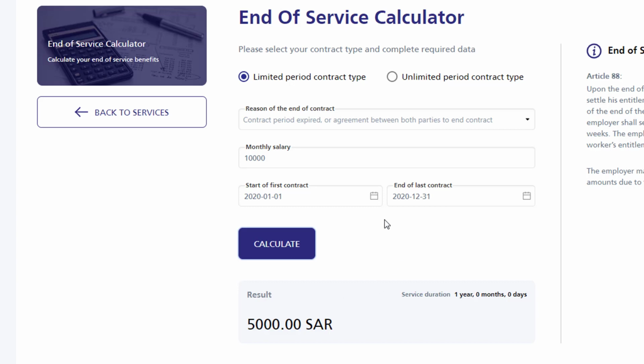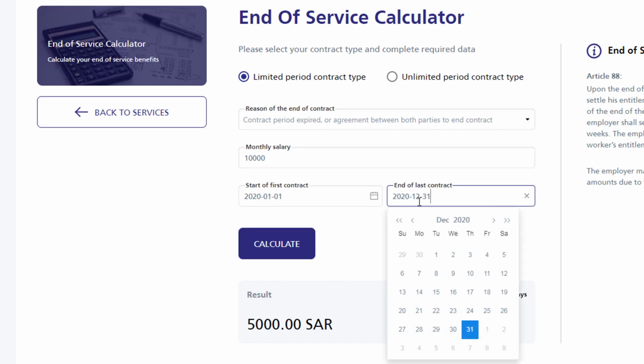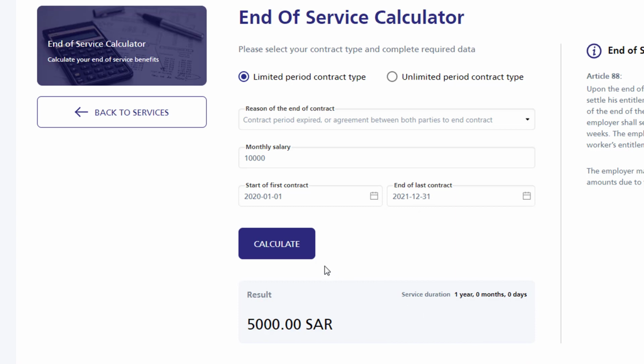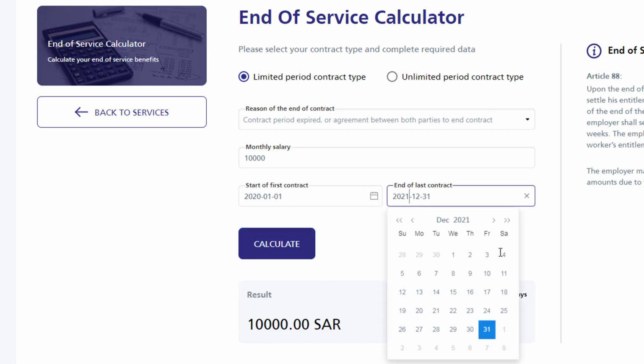Now you can calculate your time period. You may have completed 1 month extra, or you have completed 2 years, or 3 years. I will select 2 years here. So from 21 to 30 December, calculate. Now you are eligible for 2 half salaries. If you go to the 3rd year and select it, then slowly your benefits will increase, but you will be eligible every year for 1 half salary.